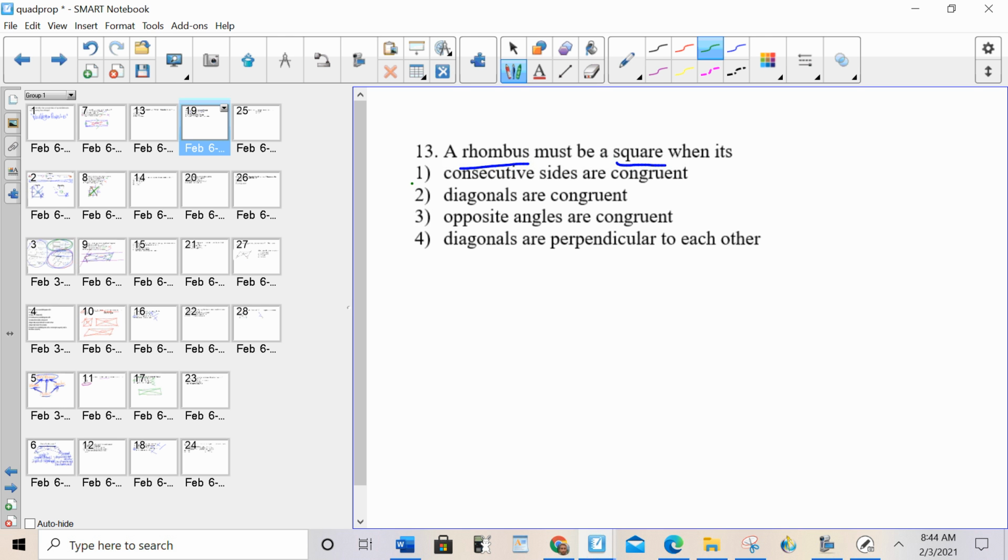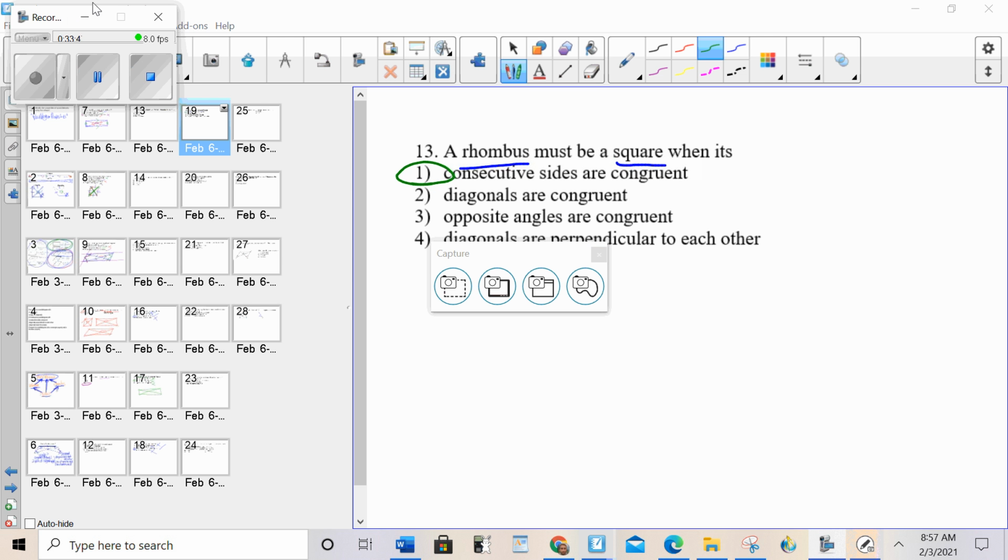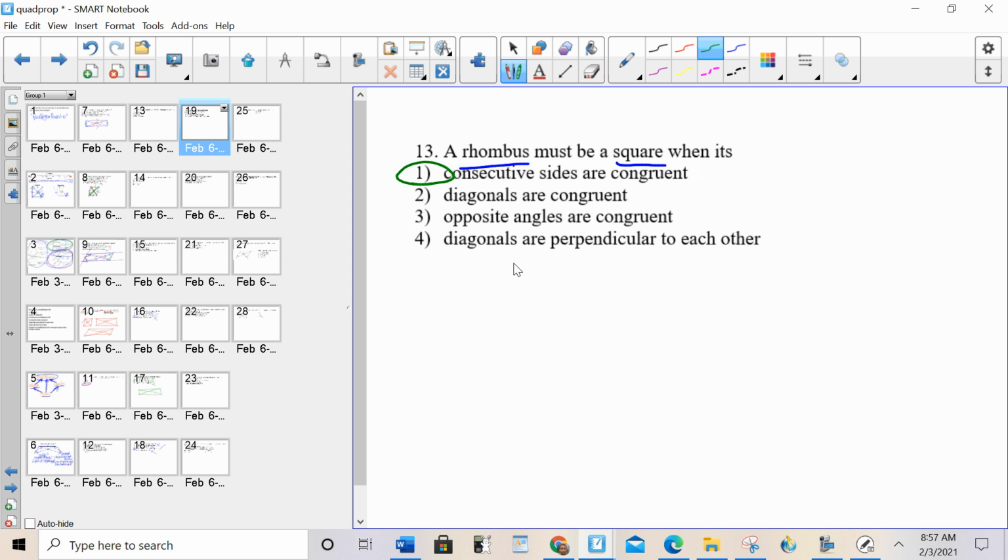Consecutive sides are congruent. Okay. Opposite angles are congruent is a property of the square. Diagonals are perpendicular is a property of the square. Consecutive diagonals congruent is a property of the square. But in order to prove that something's a square, it must be a rhombus, it must be a rectangle. It's already a rhombus. Oh my god, this is wrong. Hold on. Sorry,